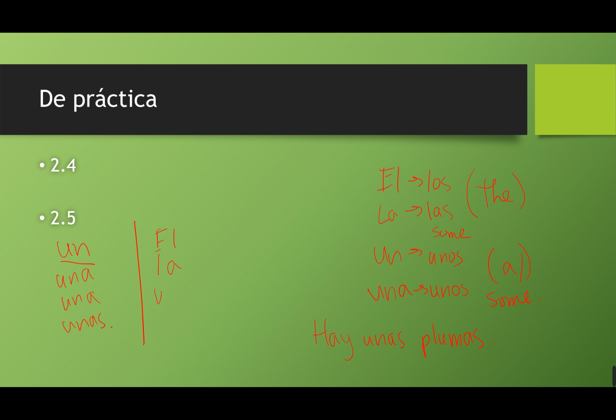Hay un problema. Again, think about it in English. There is a problem or there is the problem. A problem, of course, because we're not specifying the problem. No hay una impresora. There is not a printer, or there is not the printer. There is not a printer, right? En el cuarto. In the room. Pero hay un or el. There is a laboratory, computer lab, or the computer lab. Probably going to say un laboratorio, ¿no? Un laboratorio instead of the computer lab.